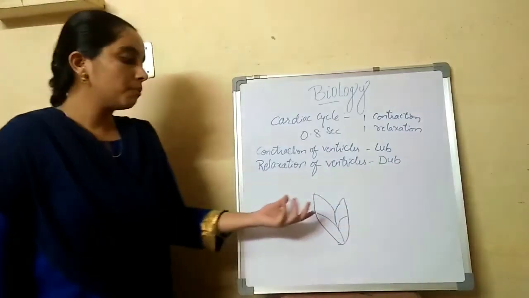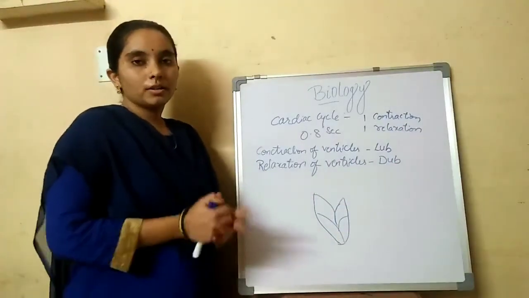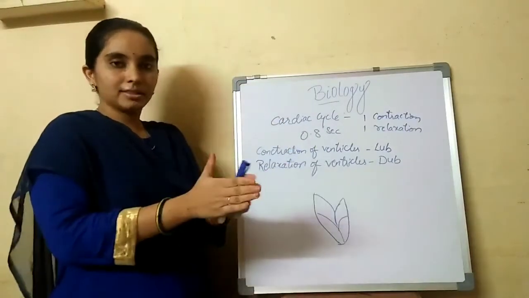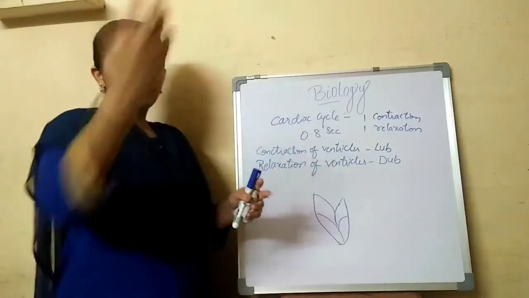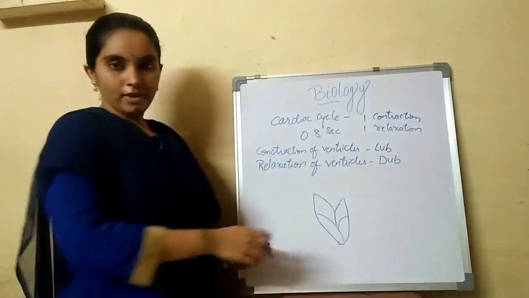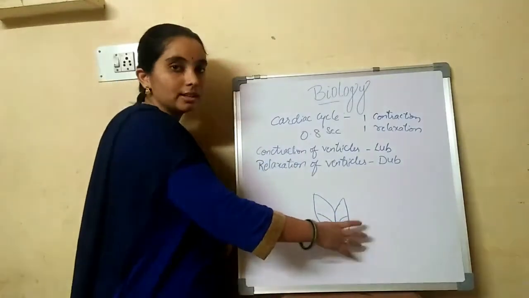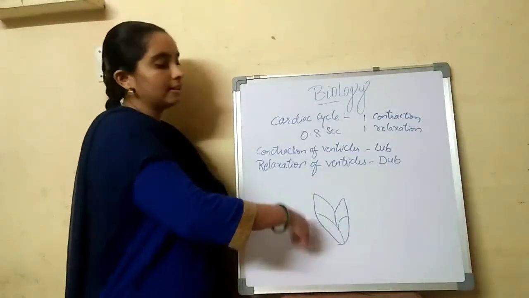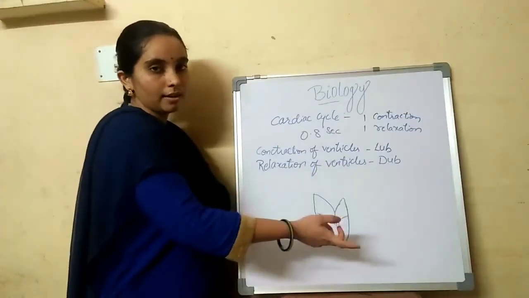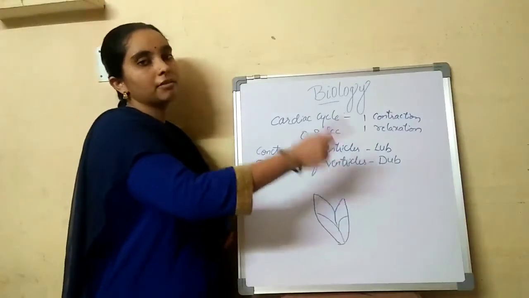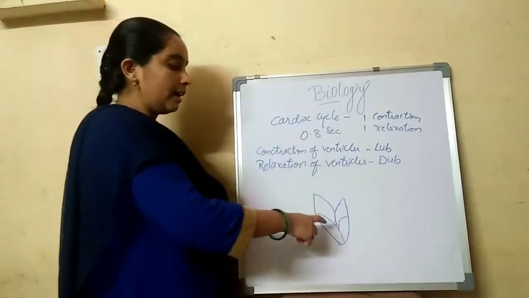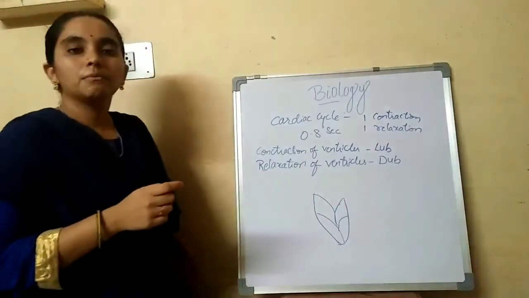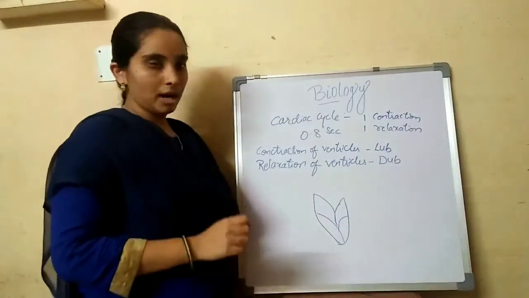So now these ventricles get contracted, and the blood present in these ventricles is now pumped out through the valves. Okay, so I already told you, imagine a bottle full of water. When you press the bottle, the water will be pumped out. The same way, when the ventricles get contracted, the blood from the right ventricle is given into the pulmonary artery. So the pulmonary artery will give blood to the lungs. And from the left ventricle, it is given to the aorta. So the aorta gives blood to all body parts.